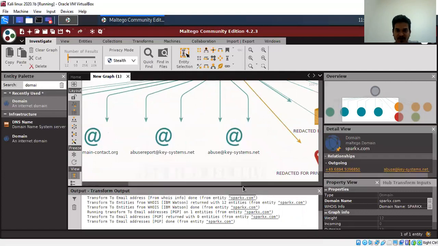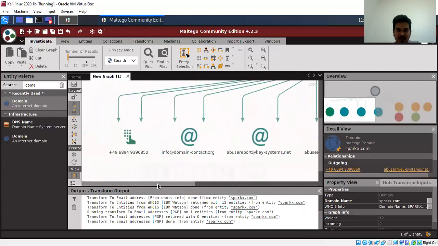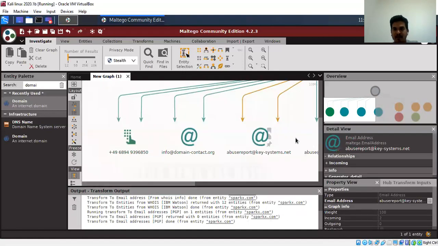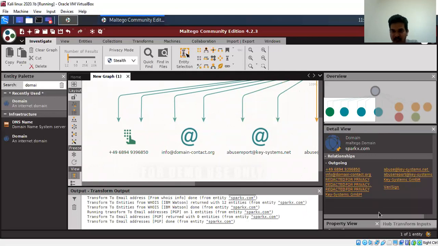So we already found this. You can see all the information like the phone number. This is the detailed view, where we can see the domain name and the organization, the name servers, and this is the domain. All the data will be displayed.